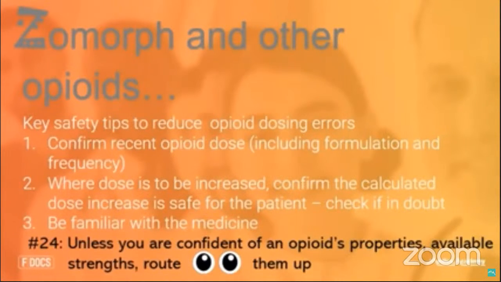We've talked a bit about opioid conversions already and the importance of looking that up when we're unsure what to do. But the message here is, if you don't know the name of a drug or you see a drug, and this applies to non-opioids as well, but I suppose I'm making the point with opioids, look it up. Look up the mechanism of action, look up whether it's sustained release or immediate release.